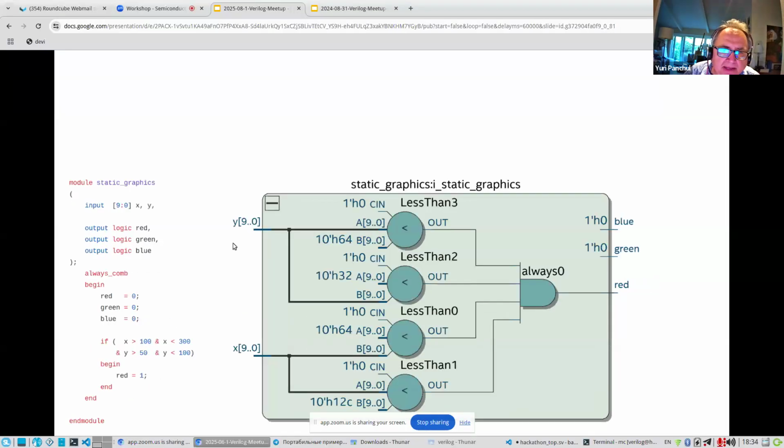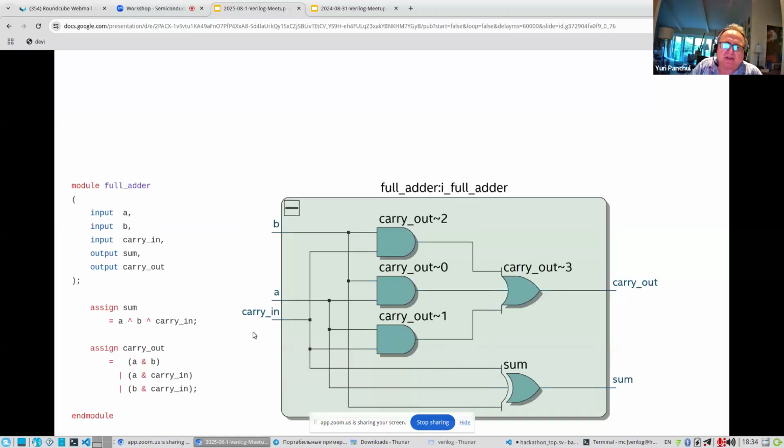So here is an example of how you can build addition using logic gates. You can simply use AND gates, XOR gates and OR gates to build a simple block which takes bits A, B, and carry in and generates sum and carry out.